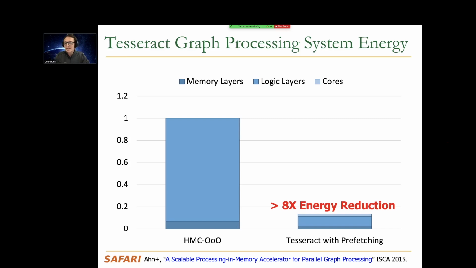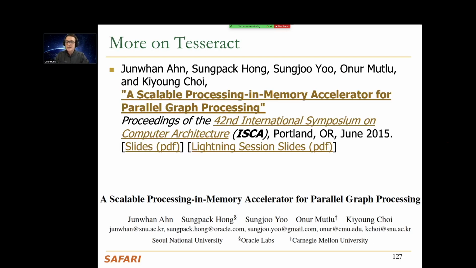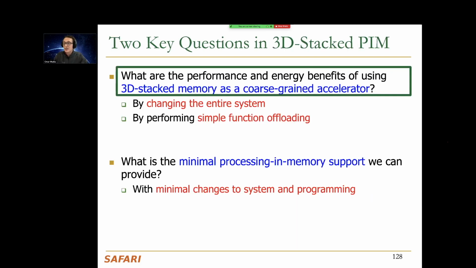And I'm not going to talk about this more, but you get commensurate energy reductions as well. So this is one example of 3D stacked memory giving you a lot of benefits on a particular application. Clearly, this comes at a cost, which is changing the entire system. Then later, we looked at